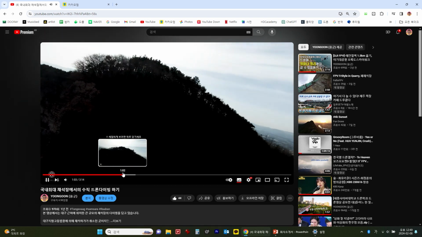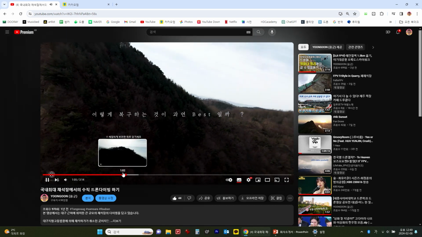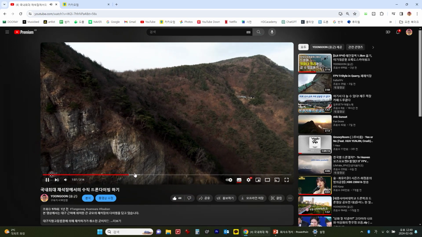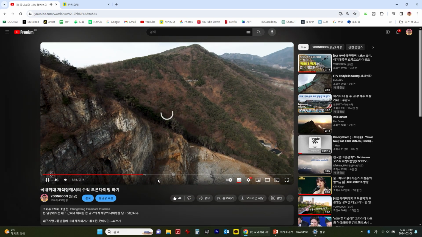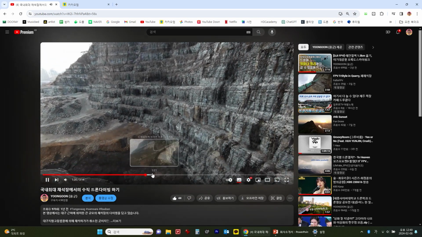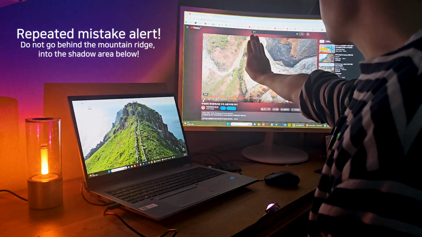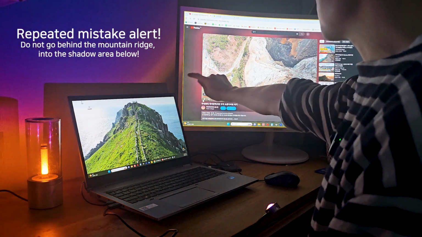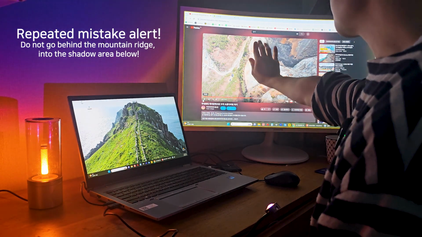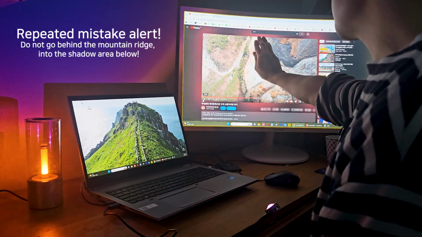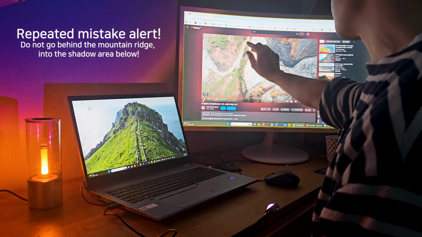And actually, this is the highest quarry in Korea, which is about 200 meters high. So it's so fun to dive there. But the same thing is that there's a ridge here, and I was flying from the left side. The thing is that when I was diving, when I went under that ridge,